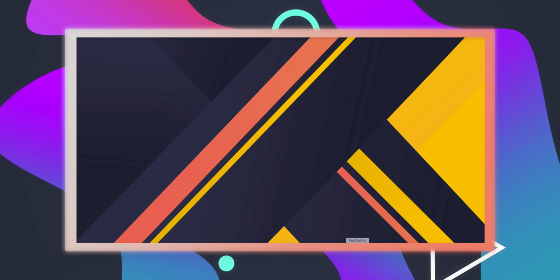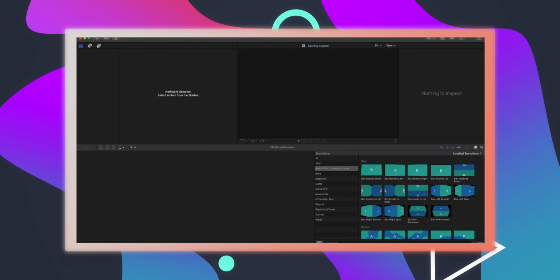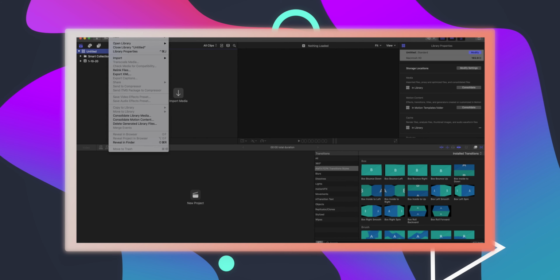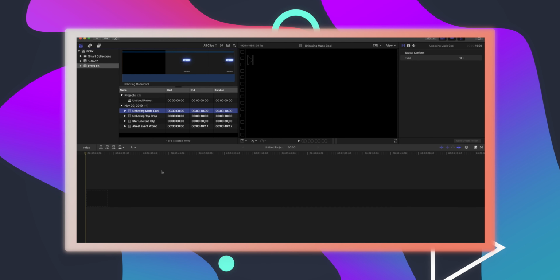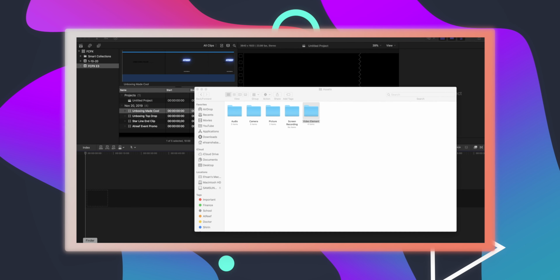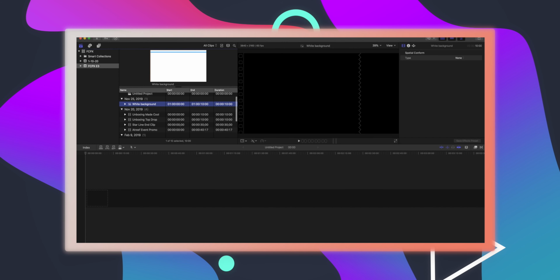So whenever I open Final Cut Pro X, this is where it gets really nice and easy. I can just organize my projects and know exactly where is what and how I'm doing it. So right now we have Untitled Project. Let's create a new project. Go to video element, drag and drop it right here. Go to picture, drag and drop it right here.